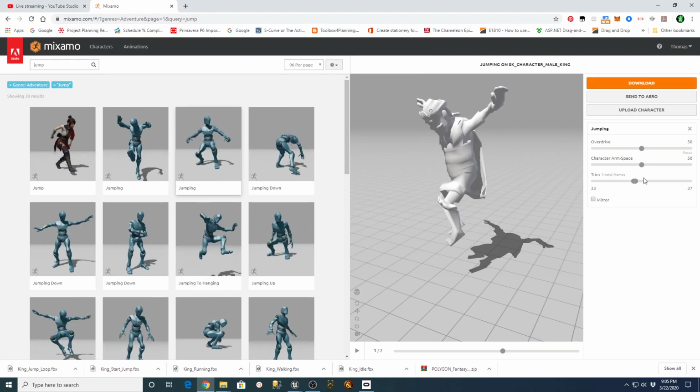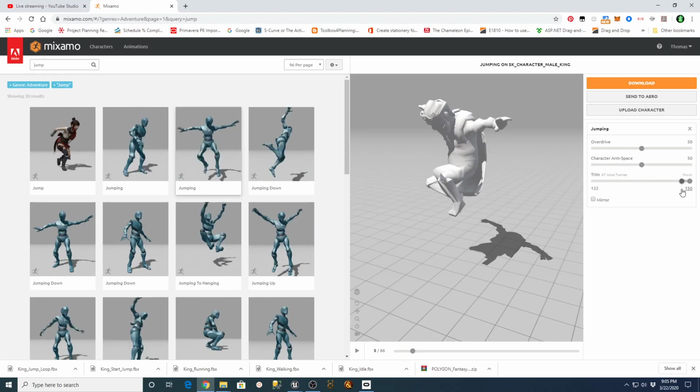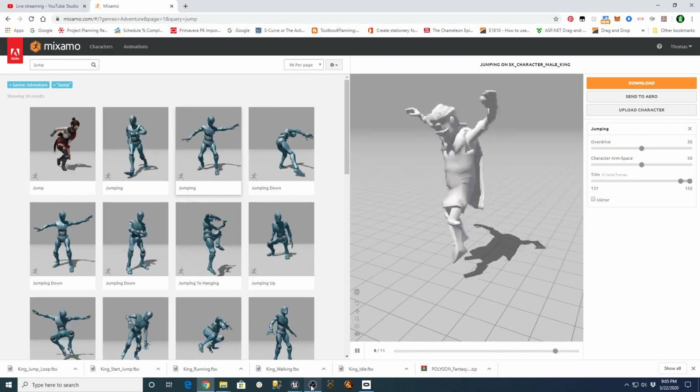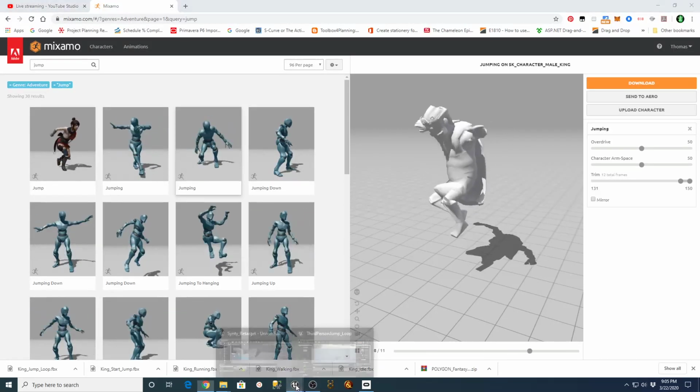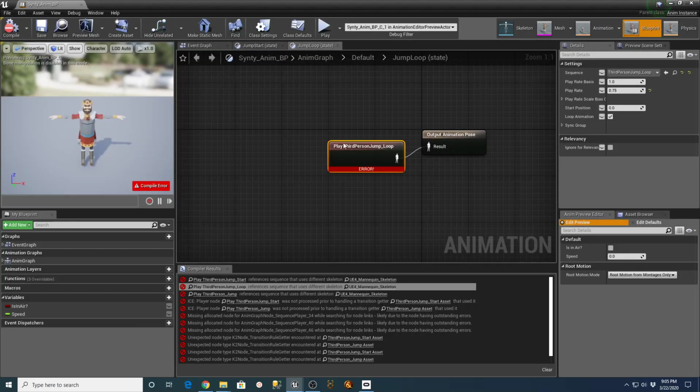And then we need one to jump end, which again, should just be the back end of this for whatever number of frames they have. So I'll go back in here and look at, not the third person jump loop, but the jump end.